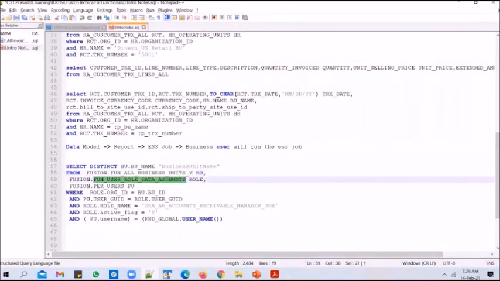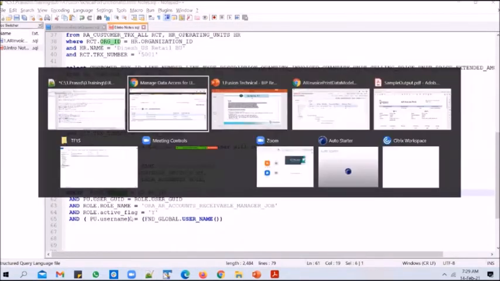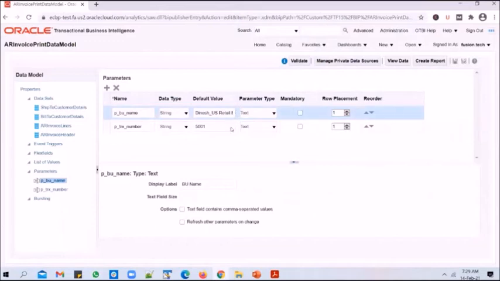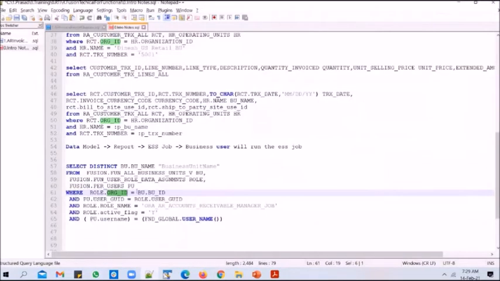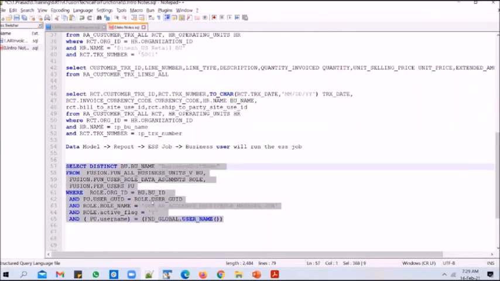Because this roles table will only have the org ID, it will not have a business unit name. And since in the dropdown I can't display the org IDs, I need to display the business unit names, right? So for that reason, I'm linking in a business unit table, and I'm linking using org ID to get the business unit name. So if I copy this, just to show you what the output of this will be,